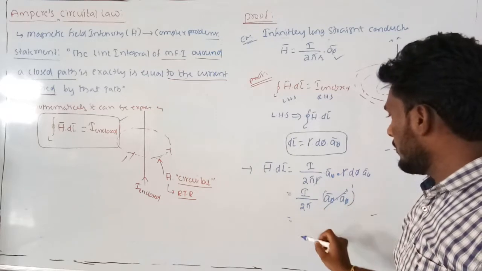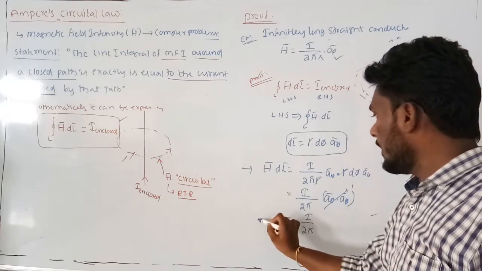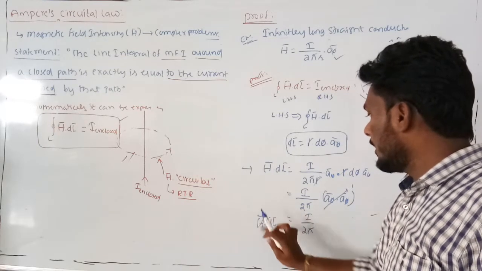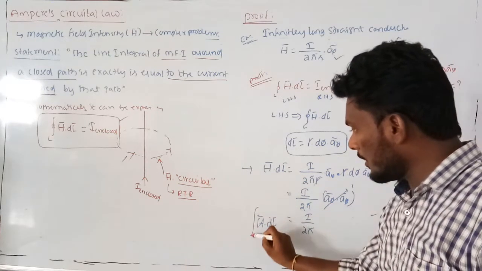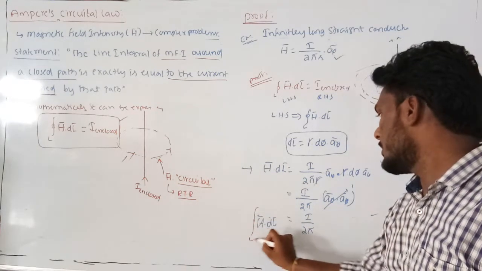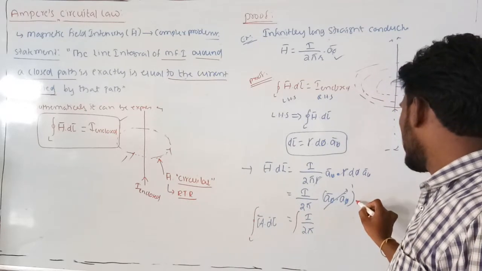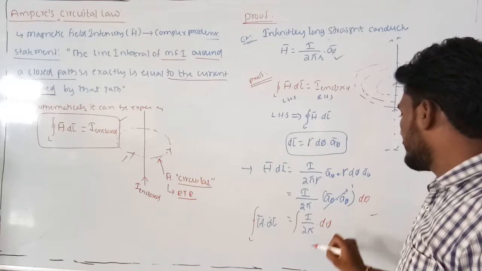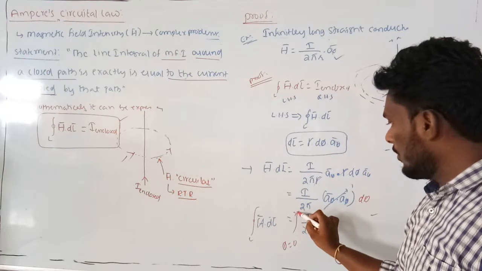Okay, so now I by 2 pi is the left term, and we need to do the integration over this H bar dot dl bar. What is the integration over H bar dot dl bar? The circular integration, or line integration, is over it. Line integration is from I. Now there is a d phi here, don't forget it, d phi. And the limits of phi are from 0 to 2 pi.